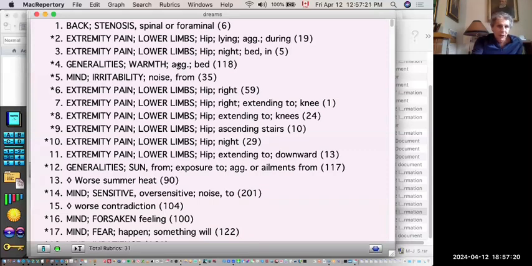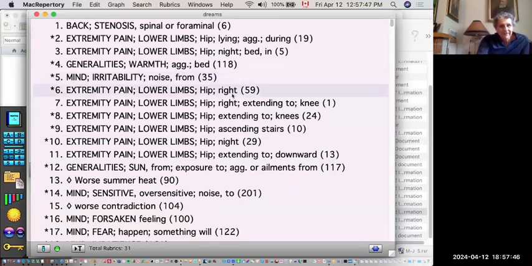But that's even 16 or 20 years ago, she had that symptom. Always looking for the cool place of the bed. And very irritable to noise. That was the most remarkable mental symptom. She cannot tolerate any noise. She has grandchildren, and if they make noise, she gets beside herself, which kids always do.